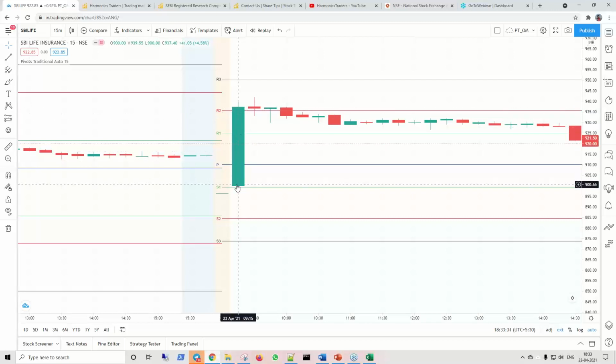So in these kinds of special scenarios, where there was a huge gap down opening and in the first 15 minutes itself it has closed at R2, we can go for short at R2 after a reversal candle is formed. When we are shorting at R2, the SL is going to be R3. So these are very special conditions where in the first 15 minutes it was a buy, but in the same 15 minutes the buy target was completed and the sell is triggered. Fine.